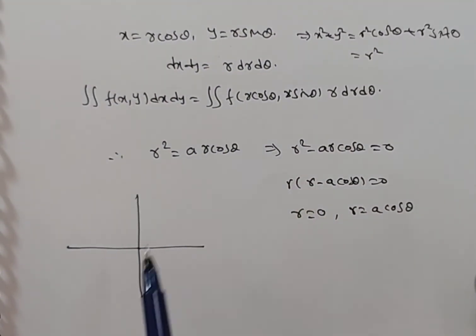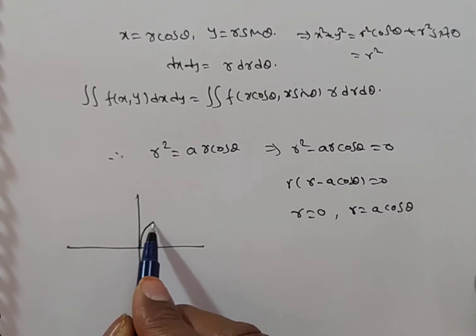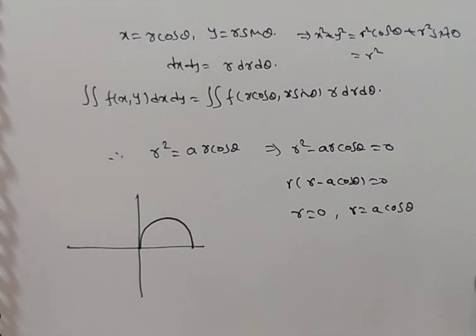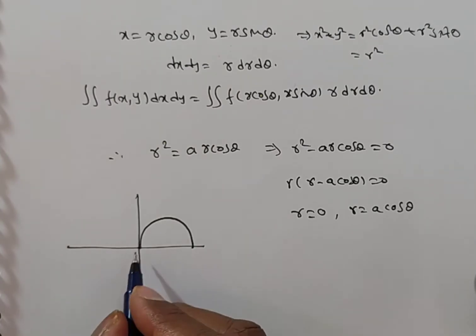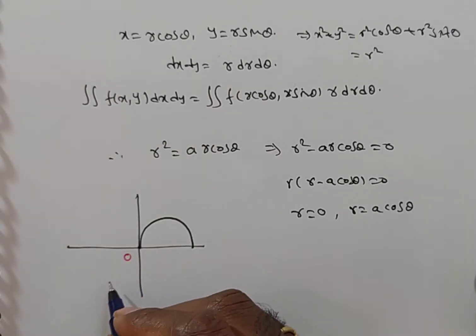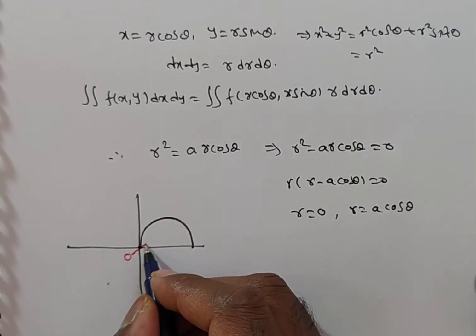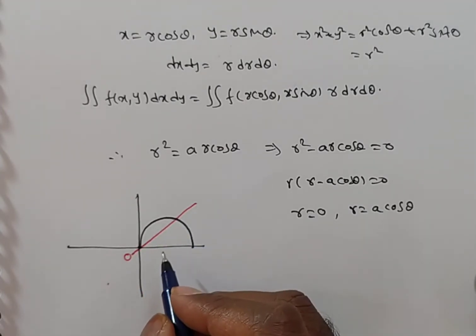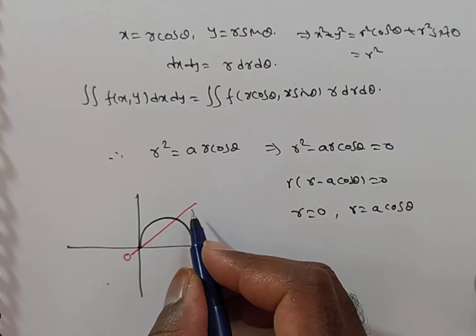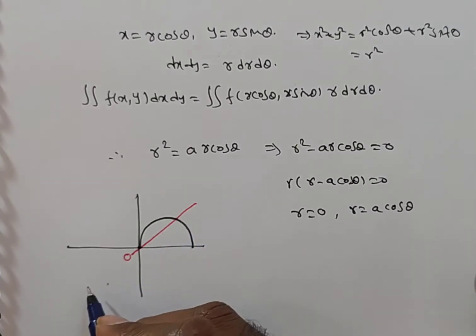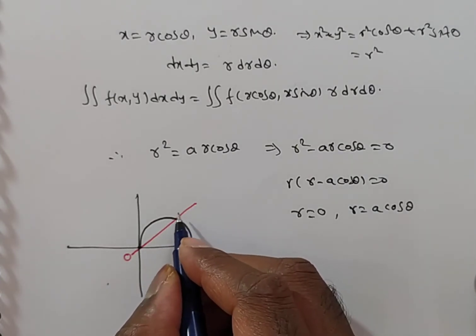Positive quadrant means you see upwards only, we have to take this region only, don't take the downside. So in this region r starts at 0, and for the limits, you just draw the pole like this. The line y is equal to x, you draw, then you can call this the pole. From the origin it is moving, then you can call it the pole. Then what is the limit here?